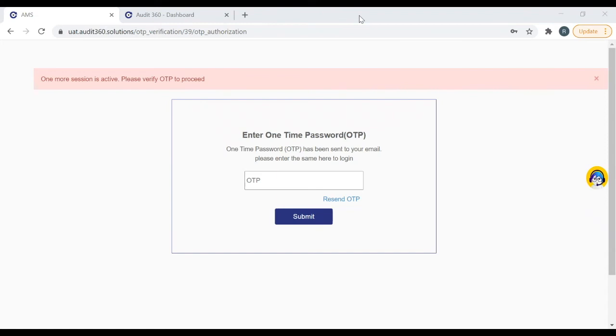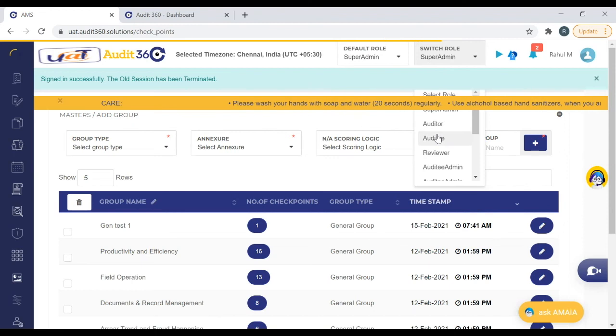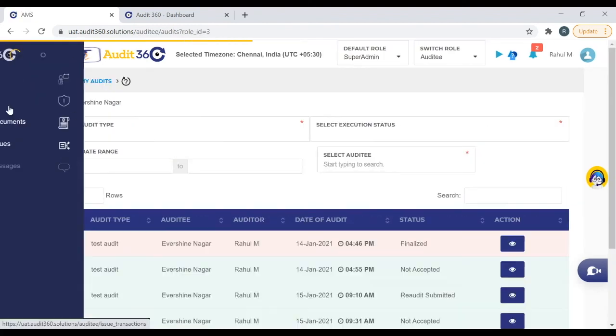I'm just checking for the OTP which I've received. Yeah, I'm just choosing the auditee. Now I'm in the auditee module.